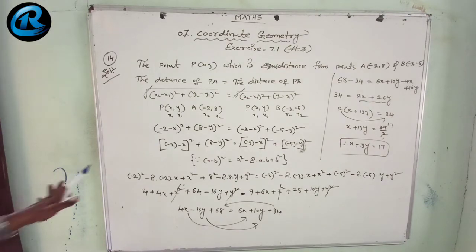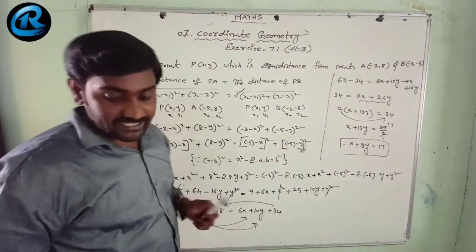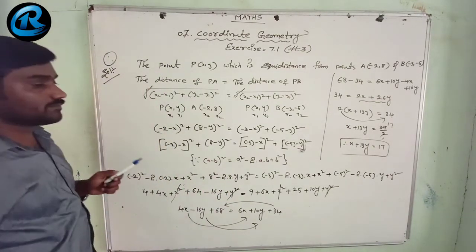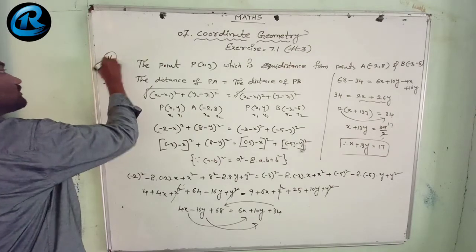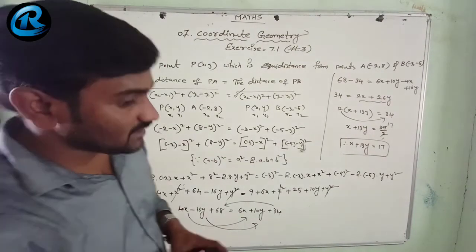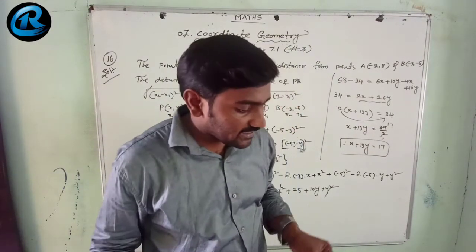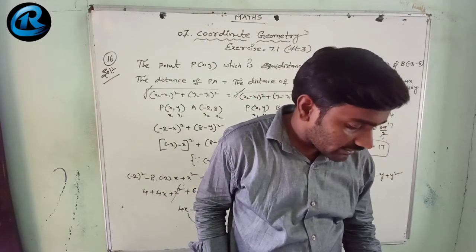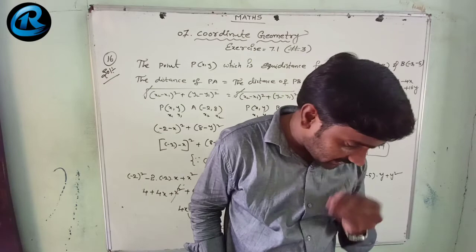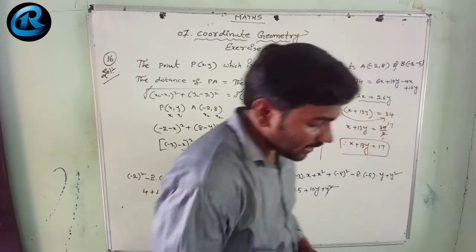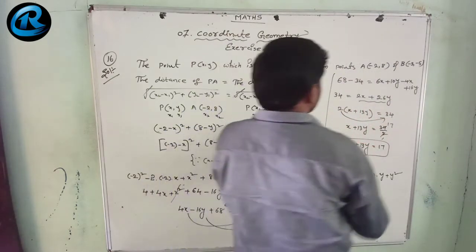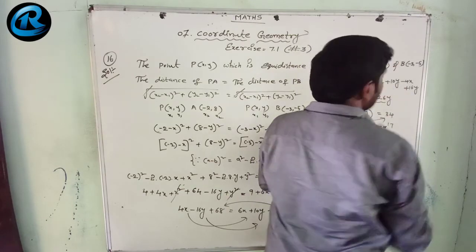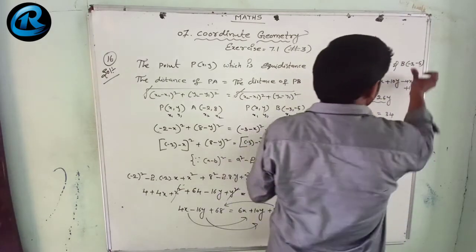In the same way, children, let us go for the 16th question. Later we go for the 15th one. Now the 16th one, let us solve it. What is the 16th question? Find the relation between x and y again, such that the point (x, y) is equidistant from the points (7, 1) and (3, 5).